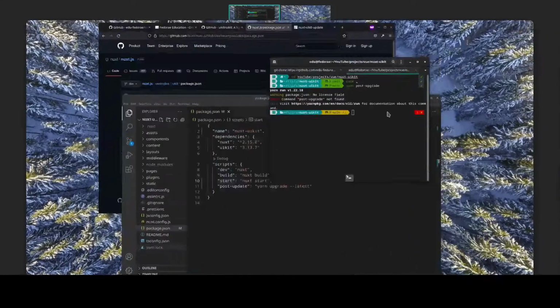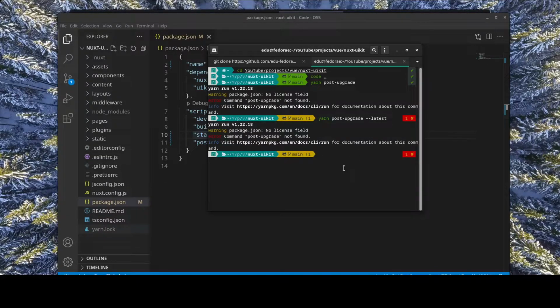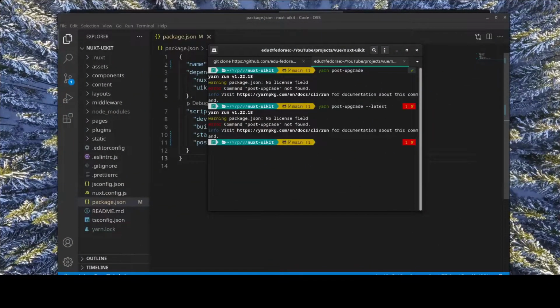So we have to put the latest flag, I guess. All right, what did I do wrong? It's actually post update and not upgrade. So my bad. Let's just do a post update